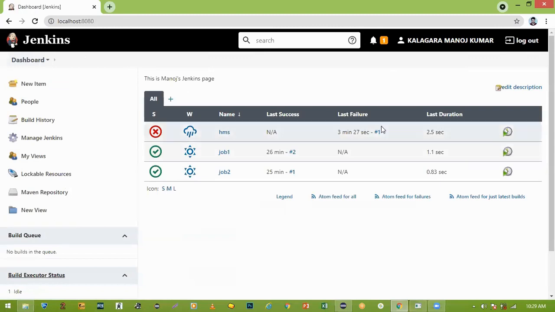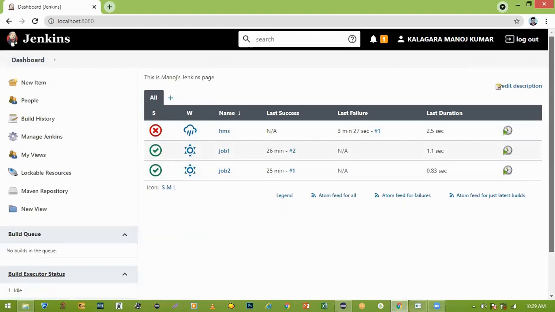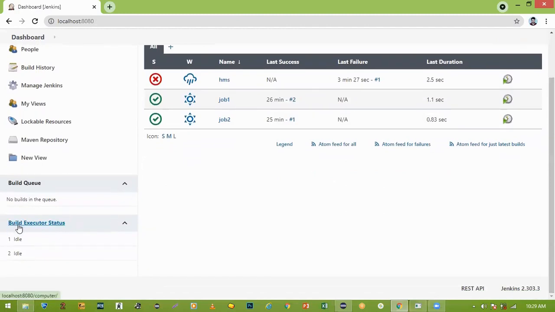See here, last run 3 minutes 27 seconds. Whenever it is running, you can check in the build status here. The build executor will execute. Your page will be refreshed. Sir, actually automatic refresh is there, but it is not enabled. See, 1 minute completed, the build executor will execute. Every minute it will run.